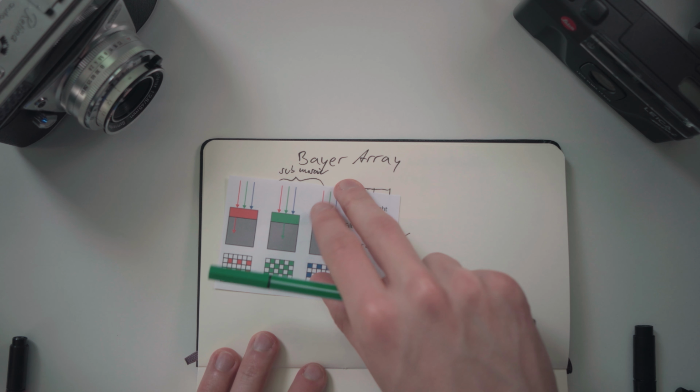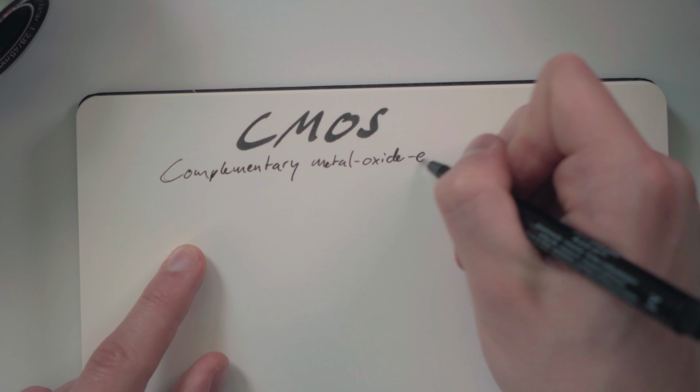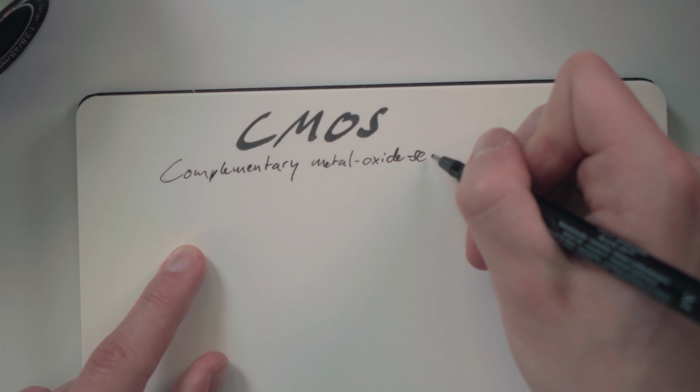It's the sensor technology that pretty much all consumer cameras use. Each photosite is one of these semiconductors. It turns out that these semiconductors aren't very sensitive to UV light. To understand how strongly CMOS sensors are affected by UV light, we first have to take a quick look at